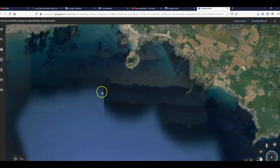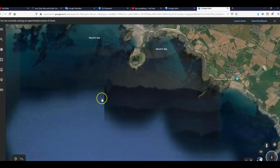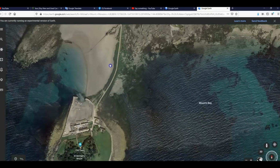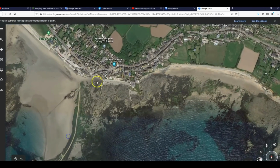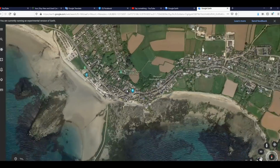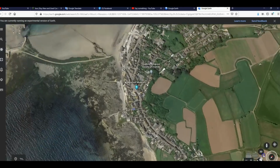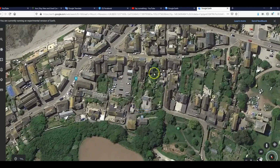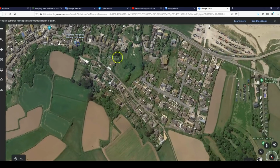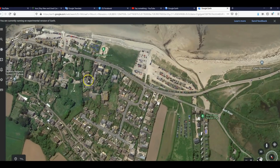Because, I mean, look at this Google Ocean. I mean, this is, you know, it's a pretty bad job. They put about as much effort into this as they do into their space photos. Okay, now this is the old town, and again, we do see some features. So down here we've got funny shaped roads. This is just the edge of a small town, but still we get